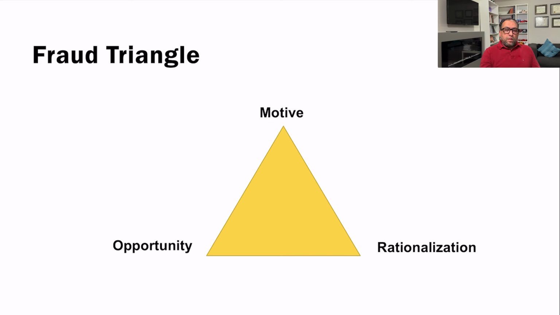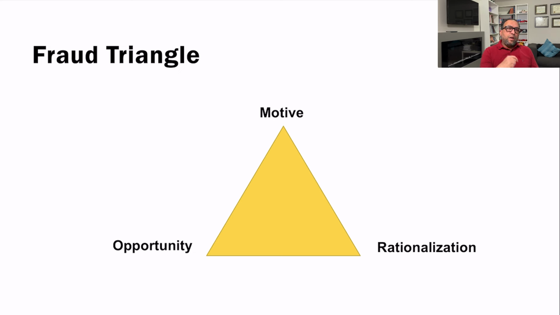Now, if you do this, you need an opportunity; without opportunity you cannot. If someone like me says I want to misappropriate the assets of a company to which I don't have access, or fraudulently misrepresent their financial statements, no, that's only possible for the accountants, or the people working in the accounts department. So that's where the opportunity is available. So the motive is that they want to get something which, in a legal or genuine way, he or she is not entitled to get. And the second is that there is an opportunity for that.